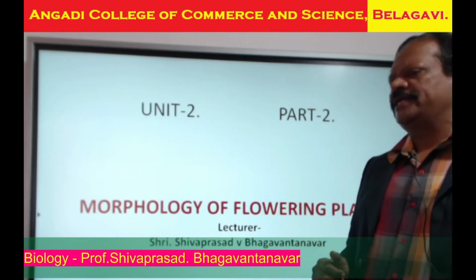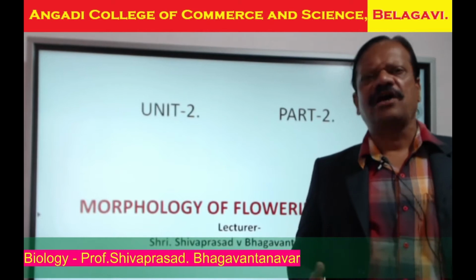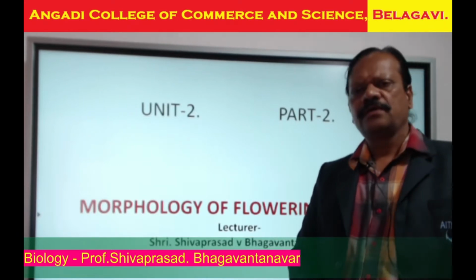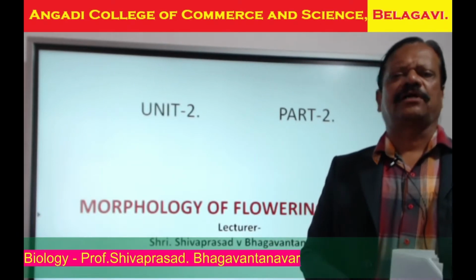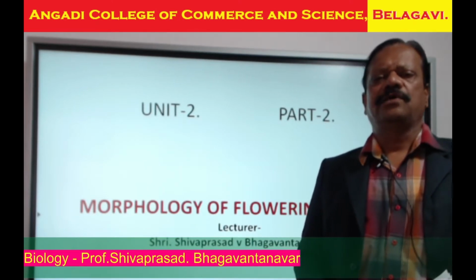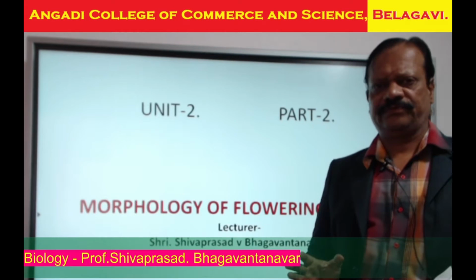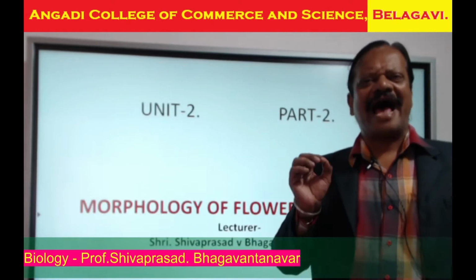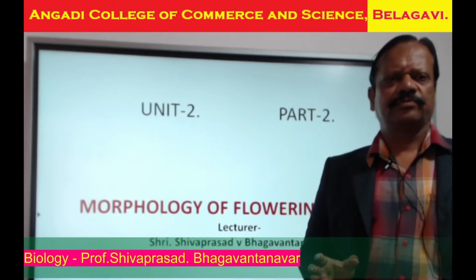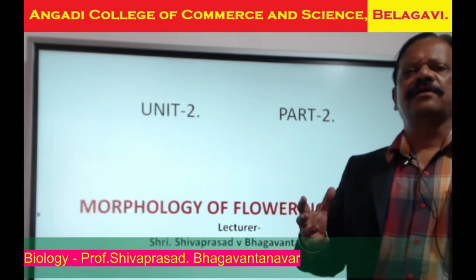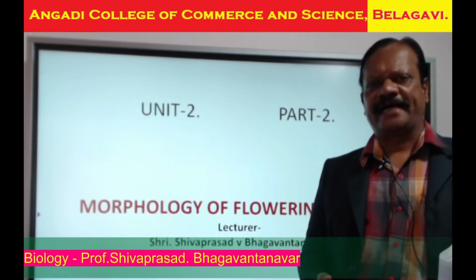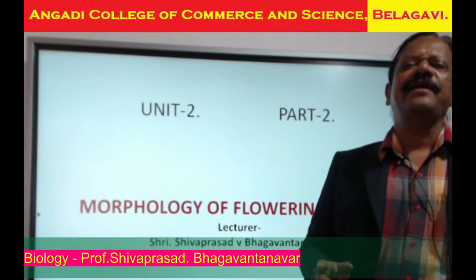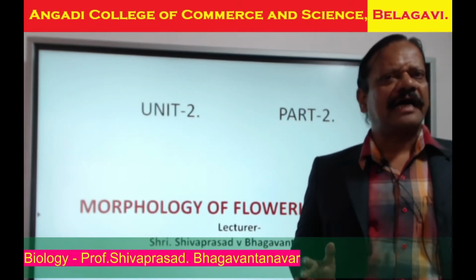It is found usually at the apical part of the plant, or else on the axillary part also you can see the flowers. Now here the arrangement of flowers also you can see. First the question arises, what is inflorescence? Here, the floral axis continues to grow and sometimes it is producing flowers on either side in second order, or else the floral axis is ending with a single flower. Depending on that, we are naming it.